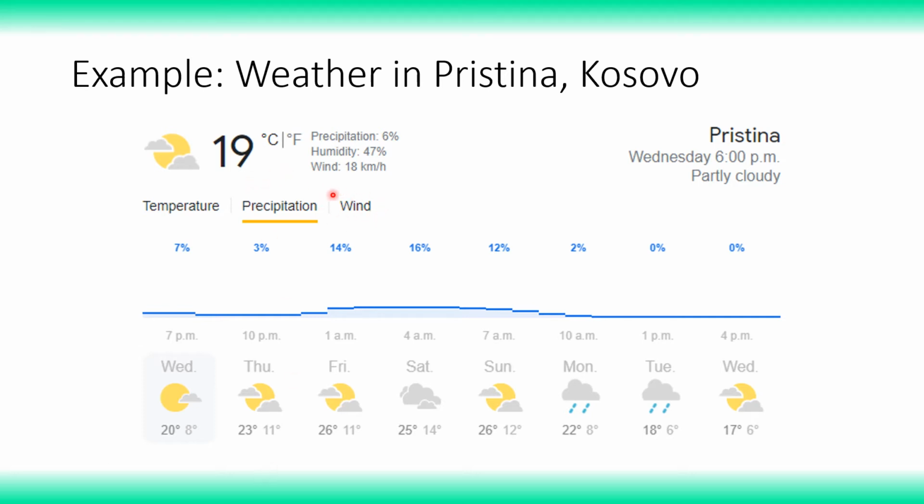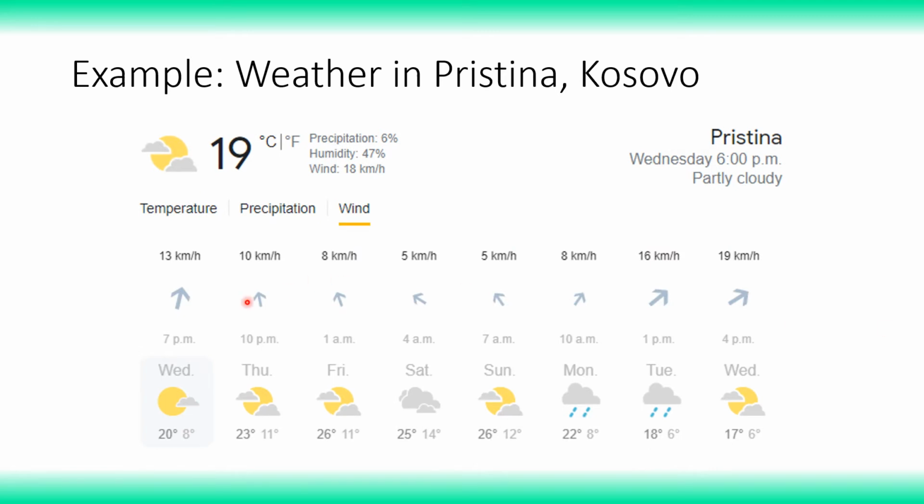And one last thing we'll look at is wind. It's not something that we tend to discuss very much, but we'll have a look at it anyway. So here you can see, just quickly, how the wind changes from time to time within Pristina. Now, of course, it can change on such a small scale,